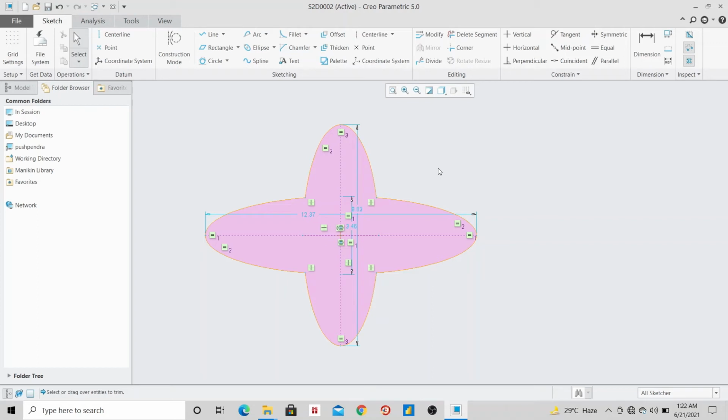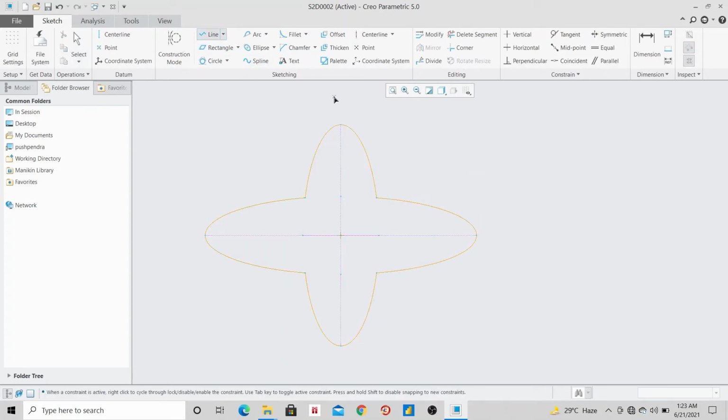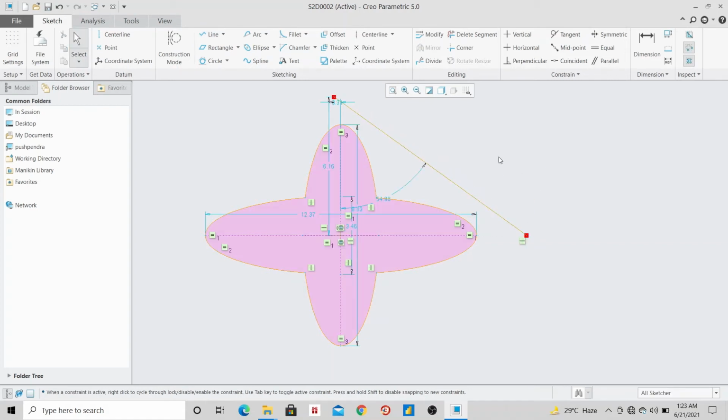Now one thing I have not specified was line tangent. Suppose in this profile I want to draw a line that should be tangent to both the end ellipses. If I draw a line, then I have to draw it outside and then make it tangent.